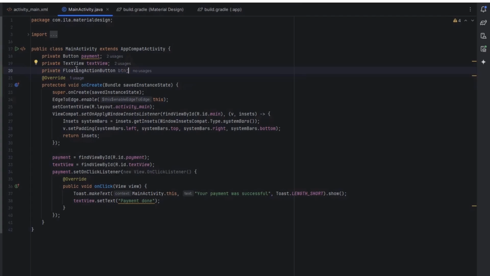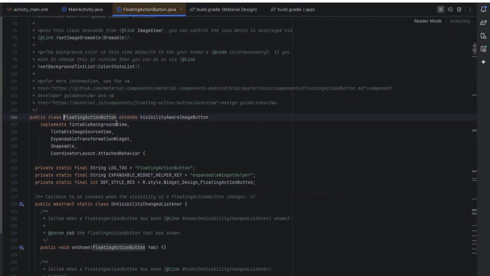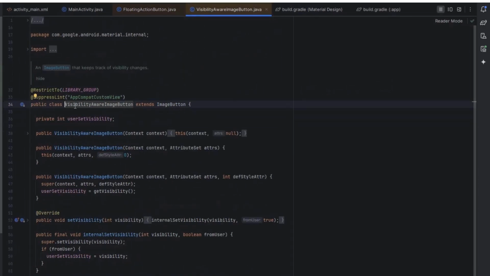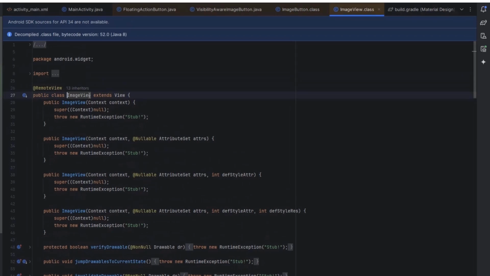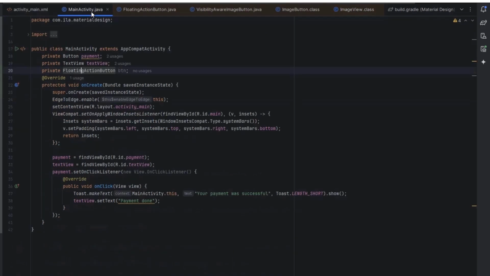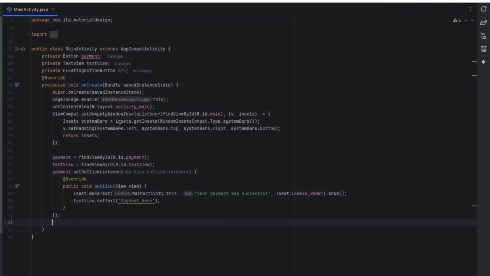And here, when I click on this floating action button's documentation, it extends VisibilityAwareImageButton, and when I click on this VisibilityAwareImageButton, this extends ImageButton, and when I click on this ImageButton, it extends ImageView, and when I click on this ImageView, it extends the View class. So basically this floating action button is also a View class, so we can set an on-click listener for this floating action button. So except this file, I'm going to close the other files, and right now here I'm going to say